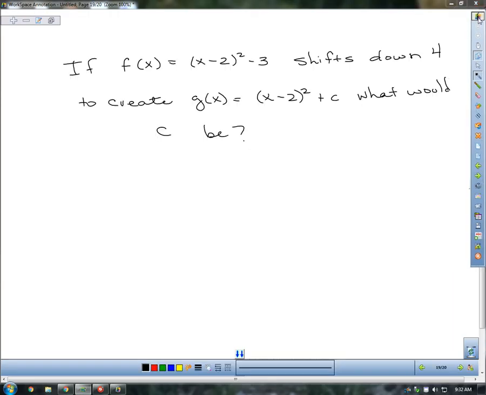Here's a question like we had on Kahoot the other day. It says, if f of x is (x minus 2) squared minus 3, we want to shift it down to create g of x equals (x minus 2) squared plus c. What would c have to be? So what we would have to do is take f of x, and since I want to move it down, I'm going to subtract right here. So c would have to be